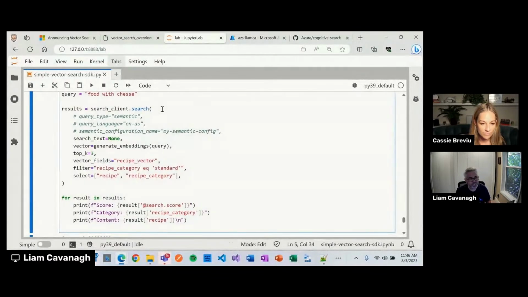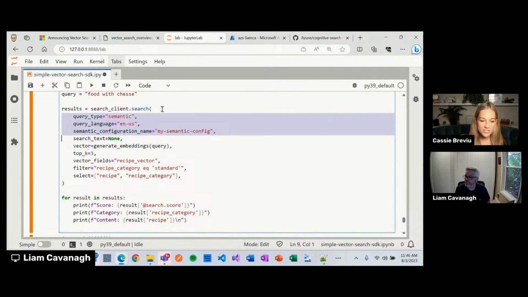So I'd love to show you what that looks like when I apply this. Yeah, so these are just things you're going to add in to your search query. Exactly. That's it. Okay, cool. And so when you're asking about creating the vector search,